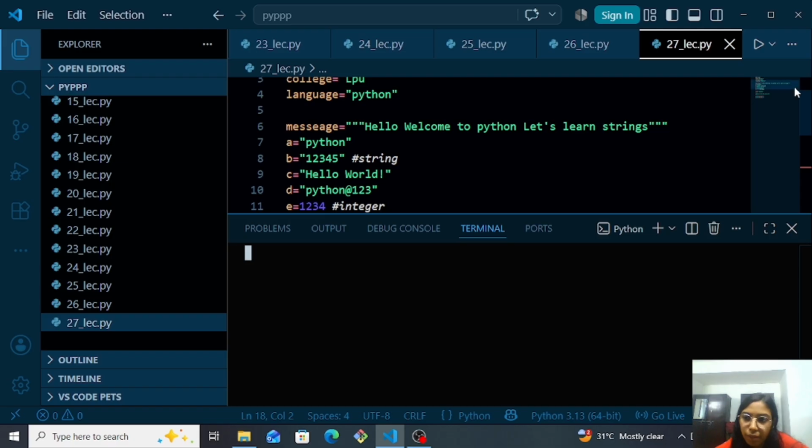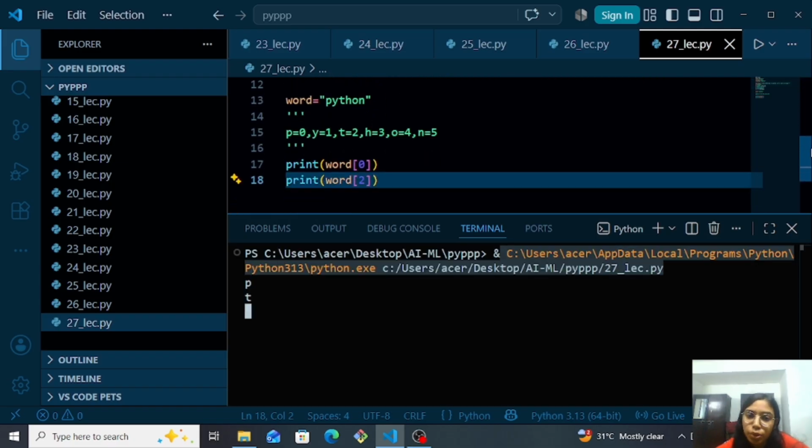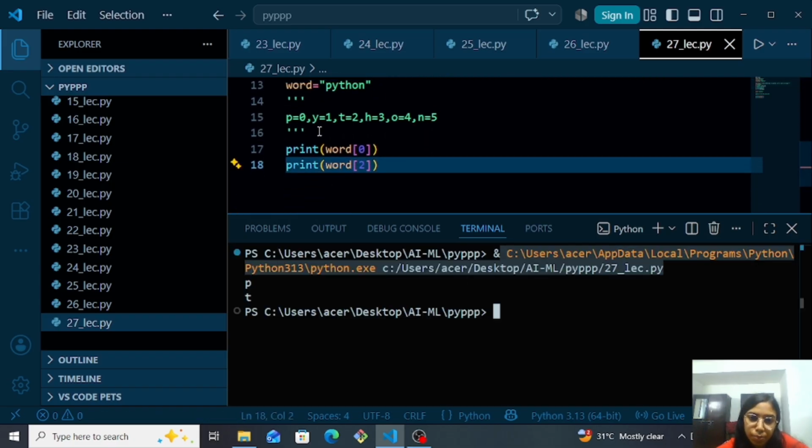It takes some time. If your laptop is slow, we got T. In second indexing, T is there, so we will write